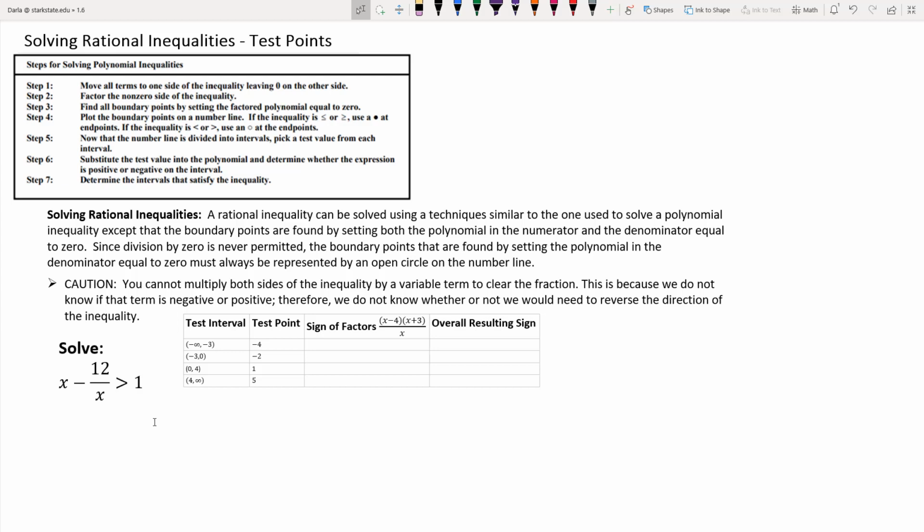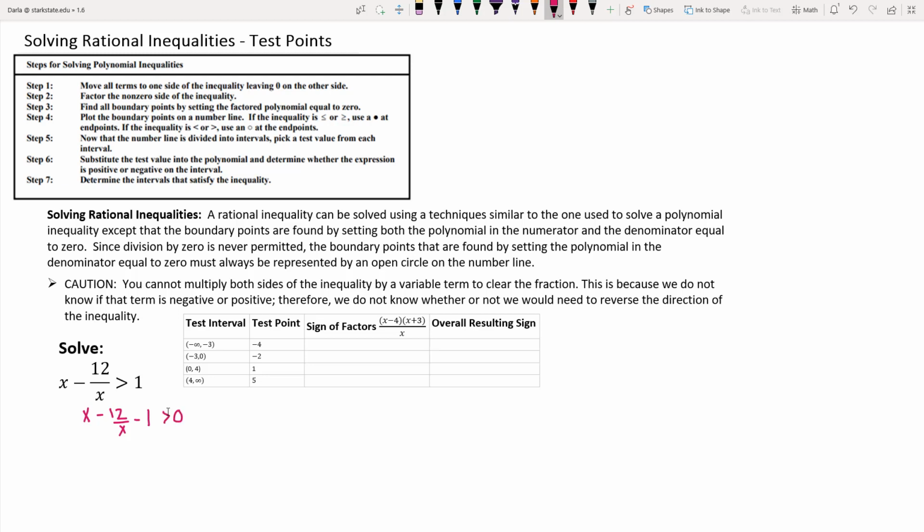The focus of this lesson is on solving rational inequalities using test points. The first step is to make sure one side of your inequality is 0. So if it is not, you need to add or subtract the term to move it over so that it is. And in this case, we'll need to subtract 1 from both sides in order for that right-hand side to be 0. So if I do that, I'm left with x minus 12 over x